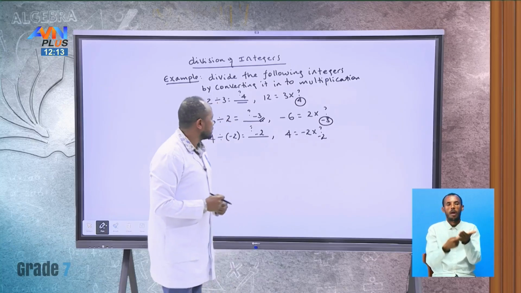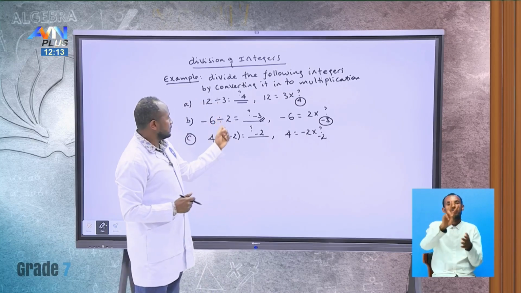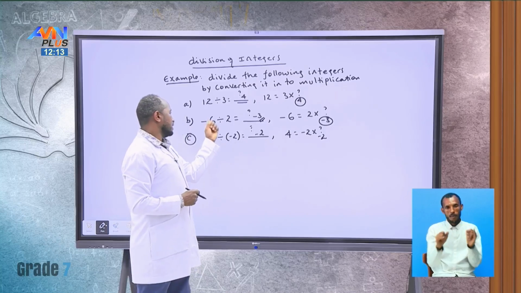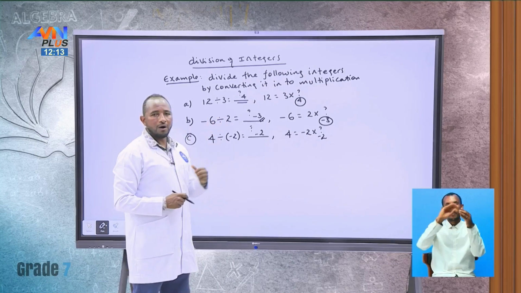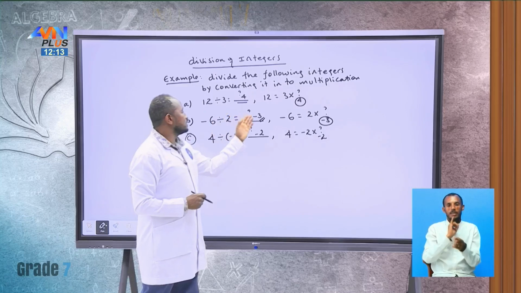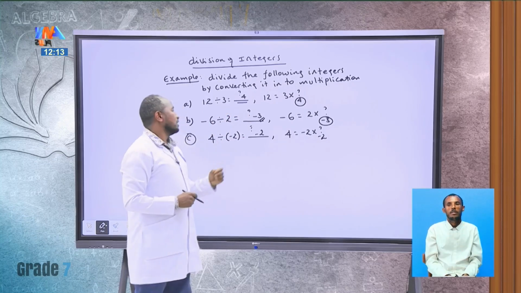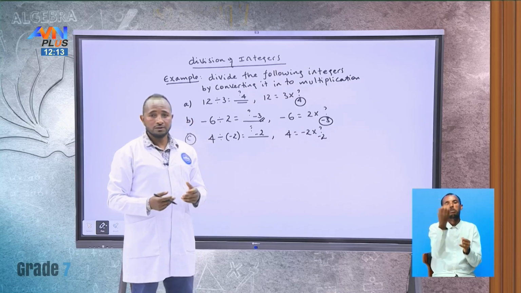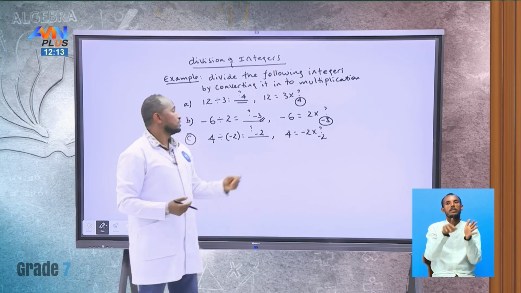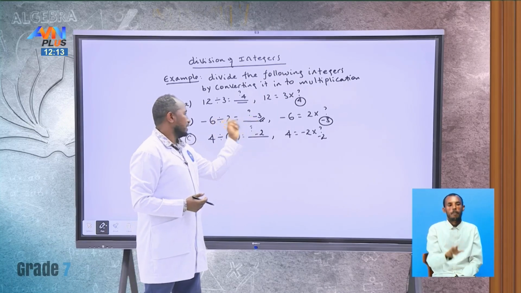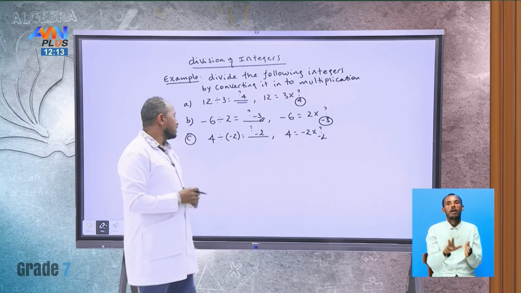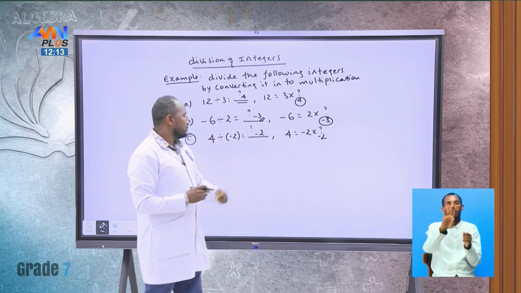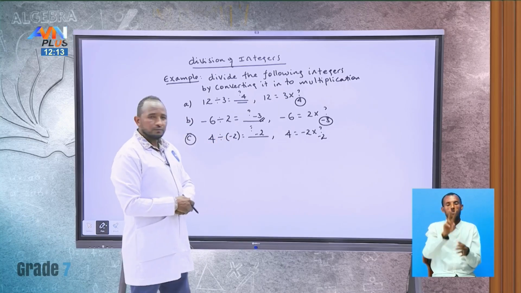So here, from these two activities, you can see that when you divide a negative and a positive number, the result you get is negative. Simply, you divide as usual. 6 divided by 2 gives us what? 6 divided by 2 gives us 3. So the sign of the quotient is negative, and the answer will be minus 3. Again, here, when you divide 4 by negative 2,